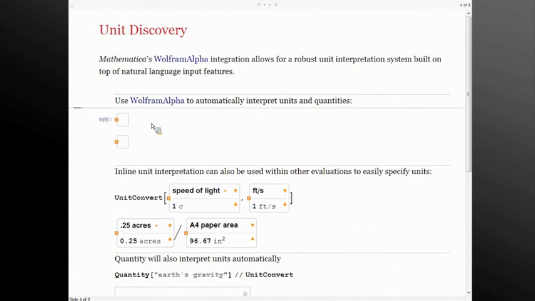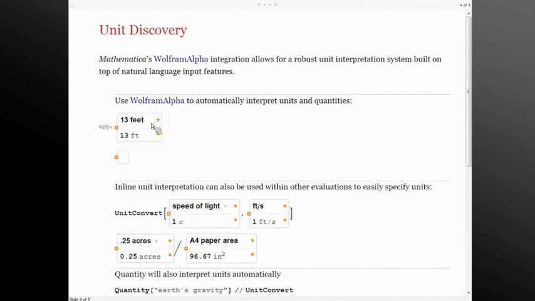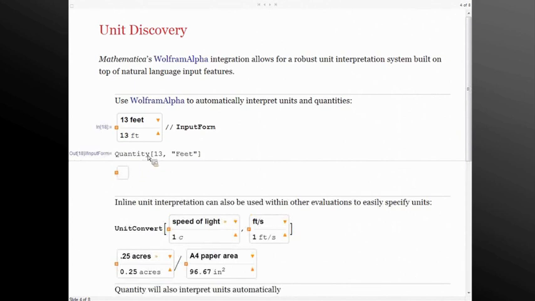So the easiest way to get started working with different units is to just type those in a natural language environment. The Control-equals interface, which has been in Mathematica since version 8, allows me to enter in natural language and it will return a Mathematica expression that corresponds to it. So I can say I want 13 feet, and it will go off and communicate with the servers and tell me that the interpretation of that is 13 feet, and I can look at the input form of that, for example, and see what the underlying expression is, which uses a wrapper called Quantity that lets us keep track of, this is 13 feet, it's not 13 times feet, for example,